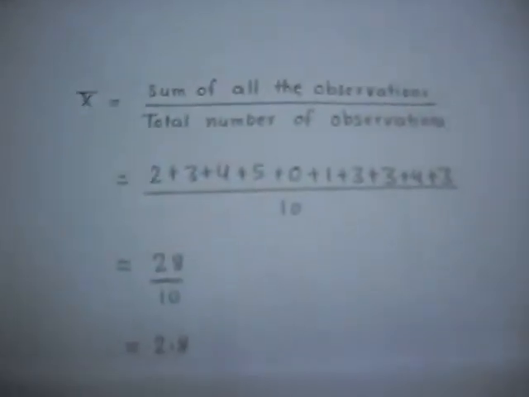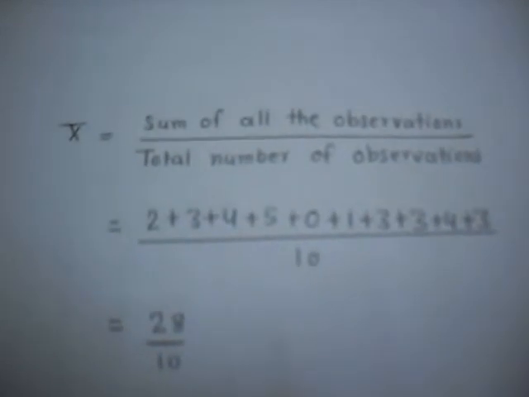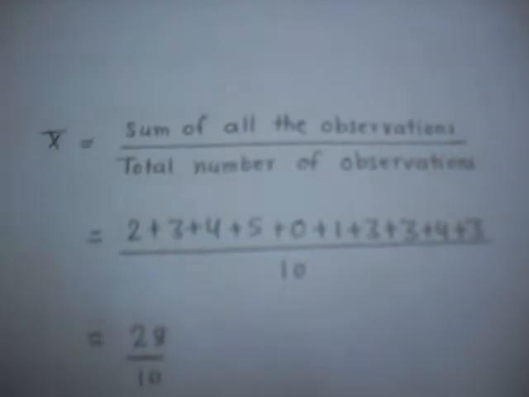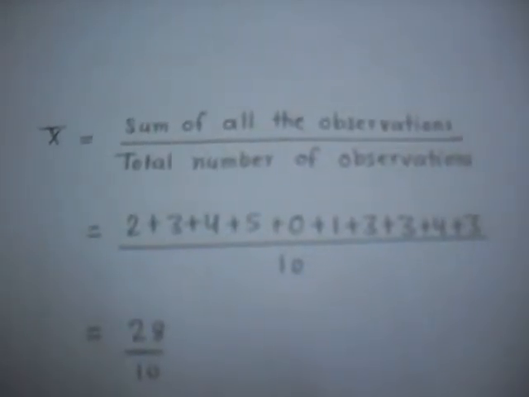of this particular data. This is the method of finding the mean. You should remember this formula: sum of all the observations divided by the total number of observations. So if a single table is given, use this formula and find the mean. It's very easy. So the mean is 2.8. Now we will discuss the other part of finding the mean,